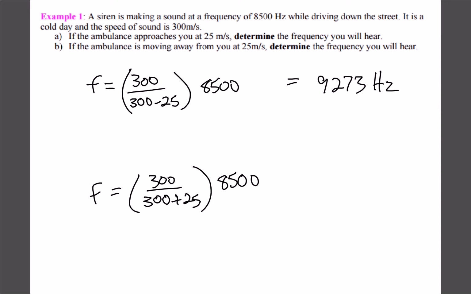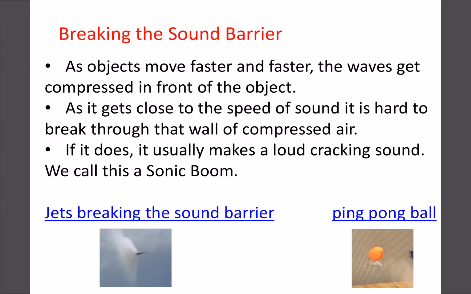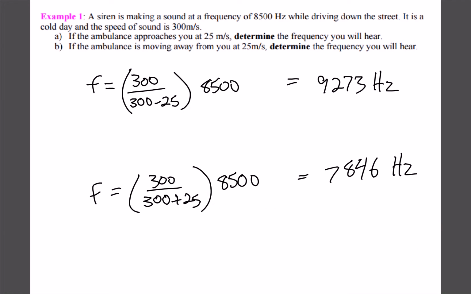And if we do the second one, 300 divided by 325 times 8,500, that one's moving away from us, so we should get a lower frequency, which we do. It's 7846. Okay, so pretty easy calculations. The only thing you want to be careful of is if